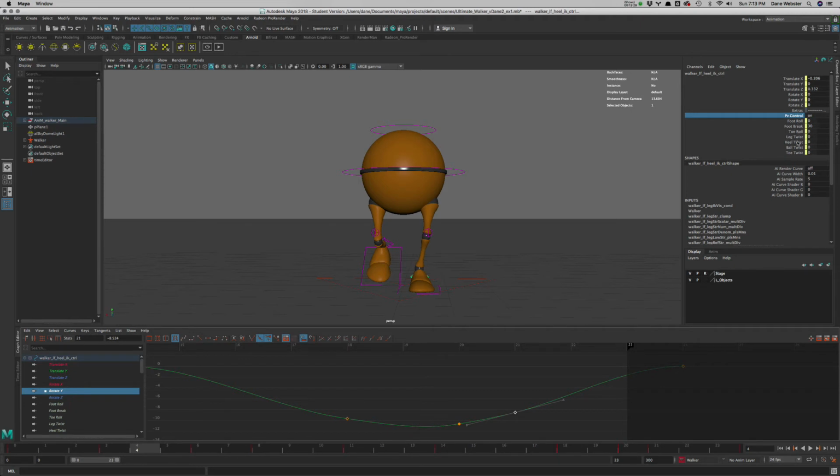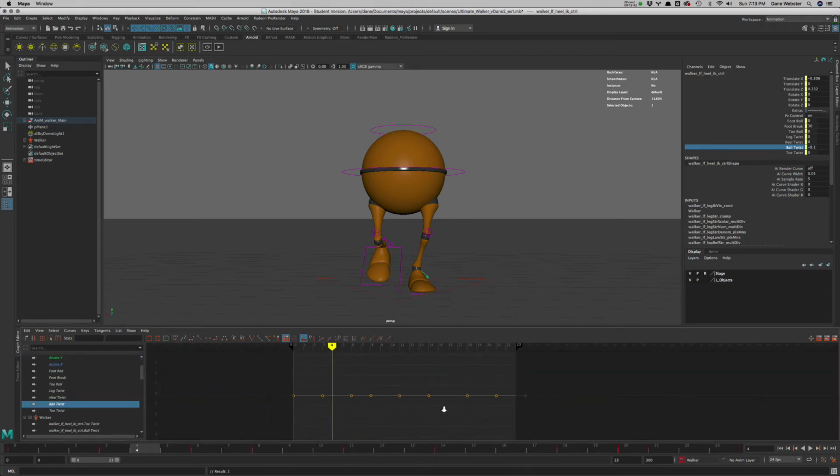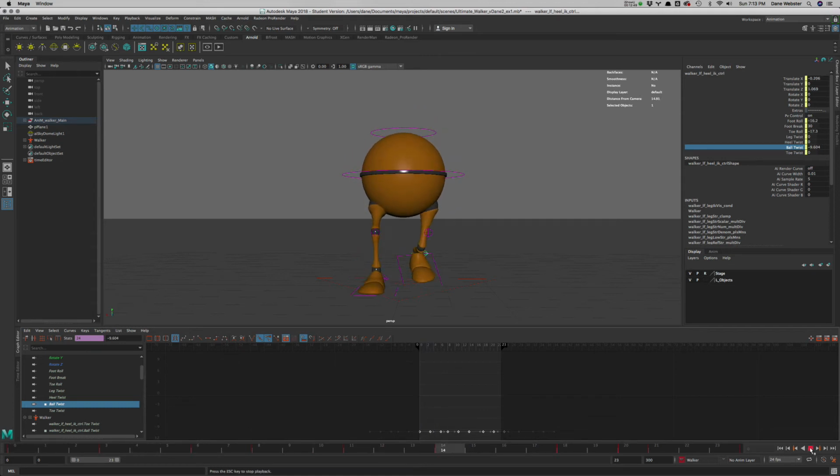Let's do the ball, and that probably has a bunch of keyframes on it. So let's just see what those values are. There it is. So you can see how the foot itself isn't perfectly straightforward, right? I'm just putting a little bit of twist into it, and also I'm blending that a little bit with the